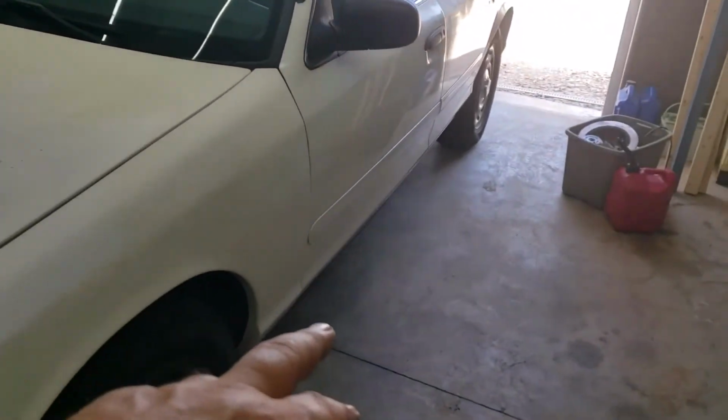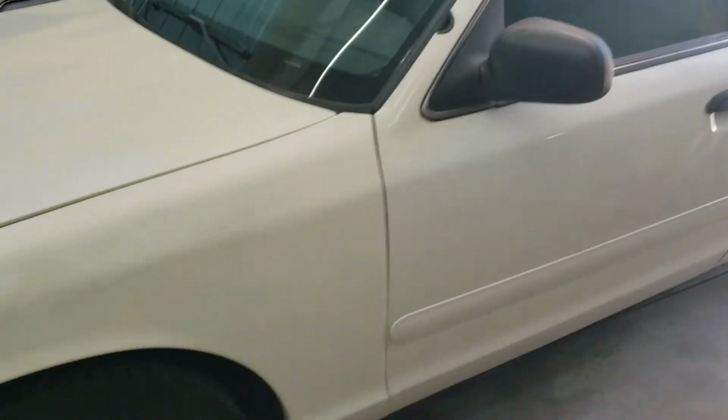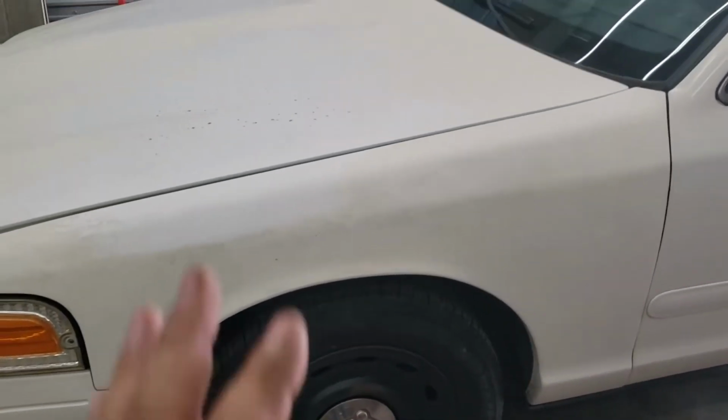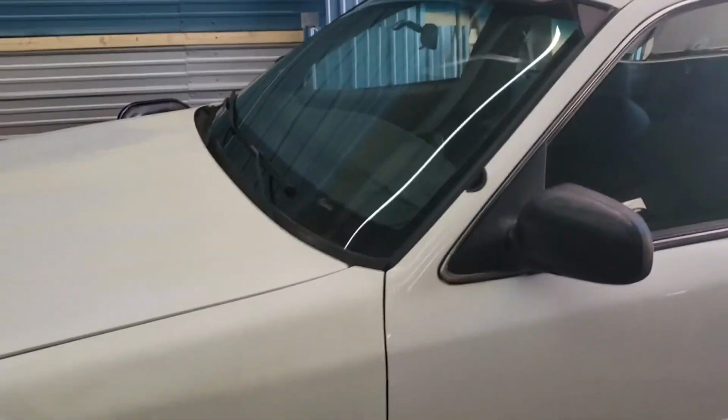And I'll take the side moldings off and I'll clean them and I'll paint them again, put them back on. I'll take that trim off the bottom. I'll take that off. The rims will be repainted a gloss black. I'll make a video on that too or whatever. But I'll probably try to look for a used police